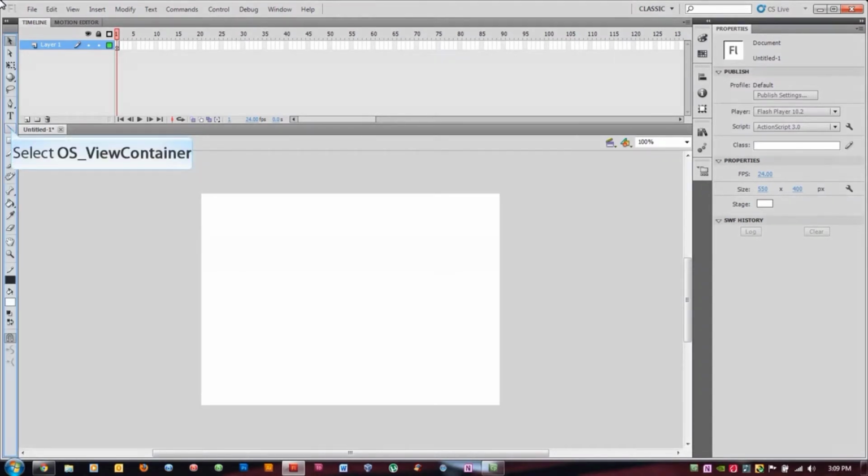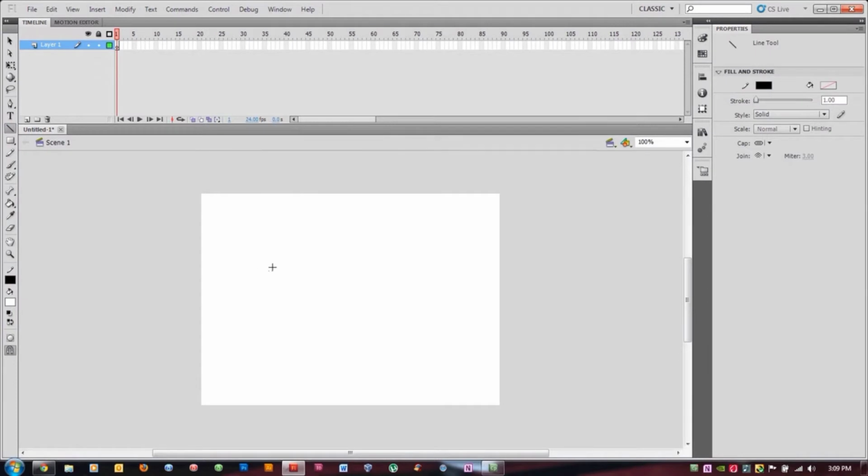As we have already learned how to use MS Paint, it will be easier for us to make use of these tools for creating our artwork. These tools are line tool, rectangle tool, and so on.